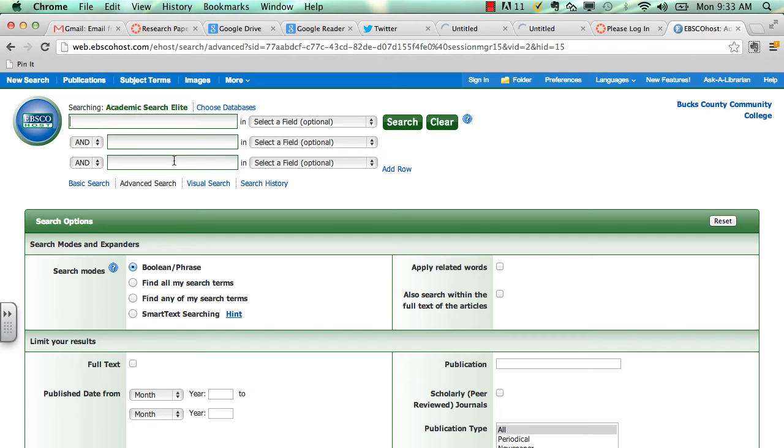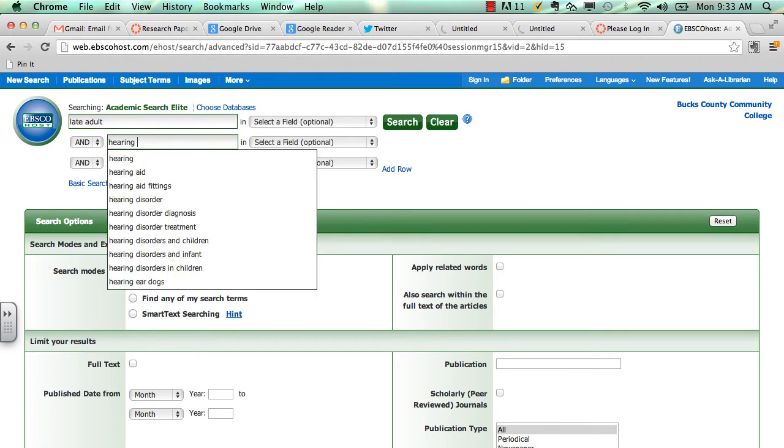This takes you to your search screen. You can see search bars that are very similar to those that are used in Google, except there's more of them, and there are these little words in between them. This allows you to search for multiple topics to find one article that includes all of those topics. And remember, when you're doing your search at this point, you should have a pretty specific topic that you're looking for. The example given in the assignment is the late adult development phase